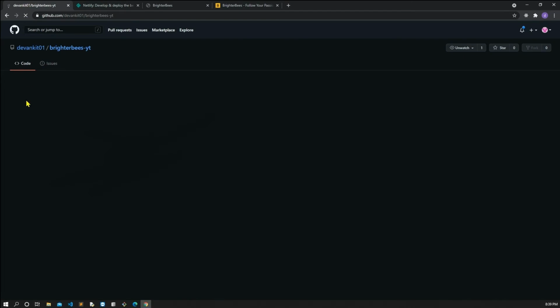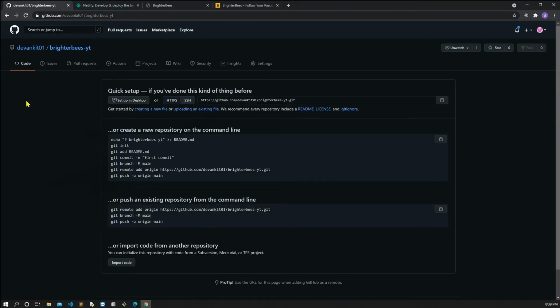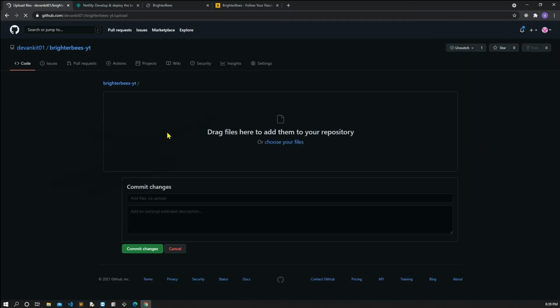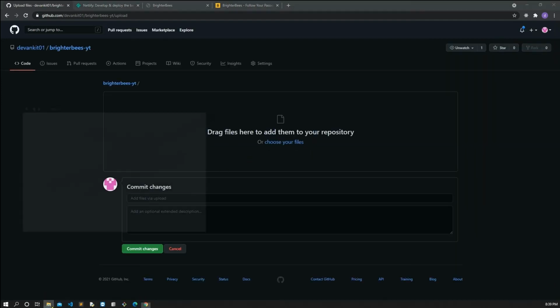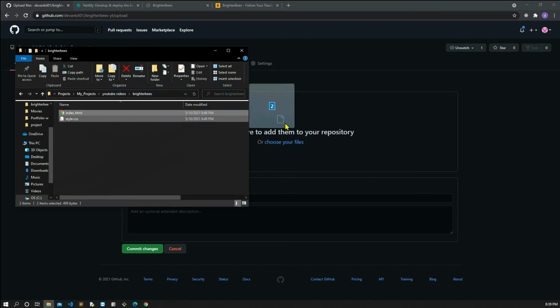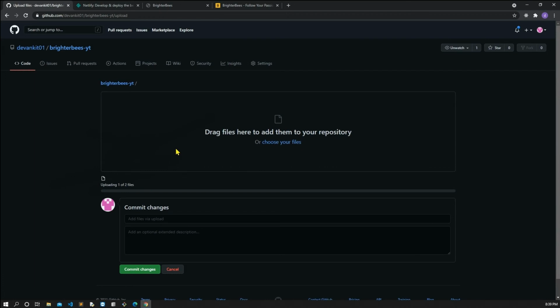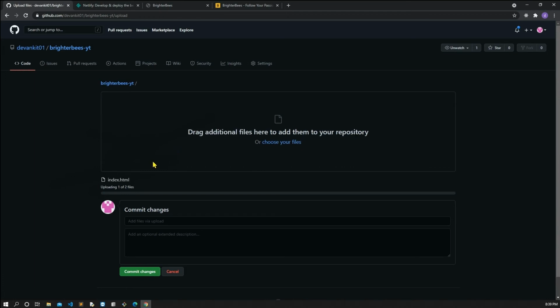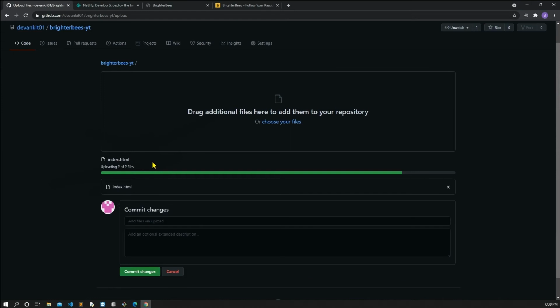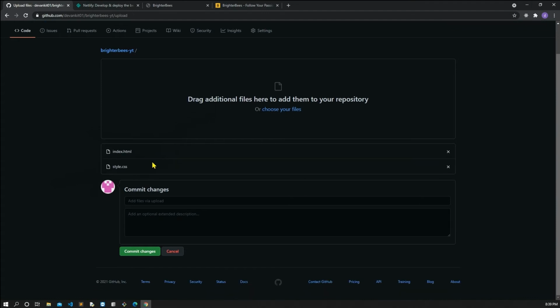Generally you have to use some commands to upload a website to GitHub, but I am just showing you the option. Here is an option for uploading an existing file. I just click here and wait for a while, and here you can upload your file directly. I'm selecting these files and dragging and dropping them here. I have dropped my file here, and it will take some time to upload. All the files are uploaded, as you can see, index.html and style.css.